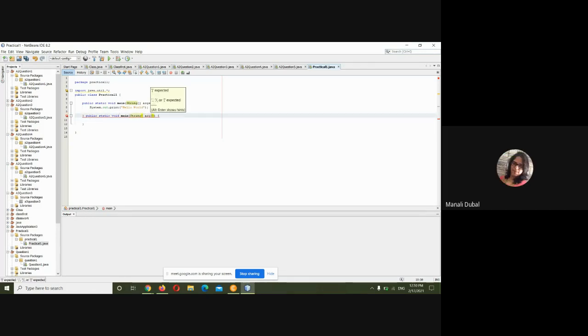Now, if you want to do this, just change the parameter list. Here you are writing string args as parameter, right? You remove string args from there. Remove the complete parameter. Are you able to create this void main now? See, there are no errors, right? So this is nothing but you are creating multiple void mains with different parameter lists. In the first parameter list, you are doing string args. In another void main, you are not passing anything, 0 parameters, right?